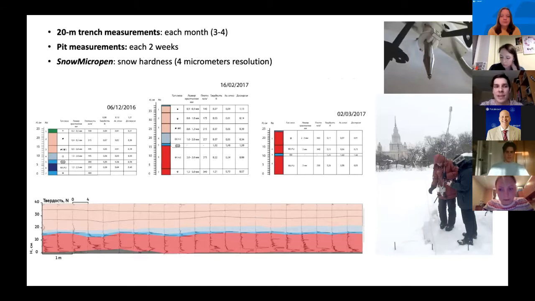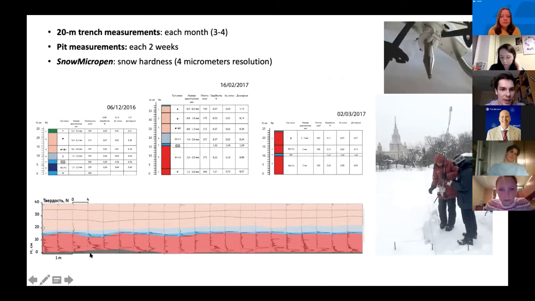And to do that, we have used an innovative tool. It's called the Snow Micropen, and it's a very high resolution snow penetrometer. It has a resolution of about 4 micrometers. And what it really does is it measures the strengths of the connections or bonds between individual crystals. And we have such kind of signal, as you can see on the picture